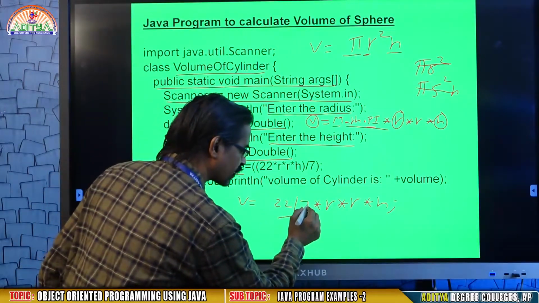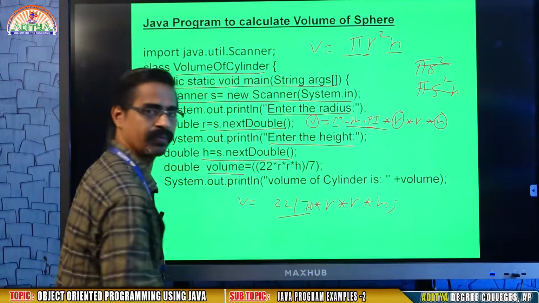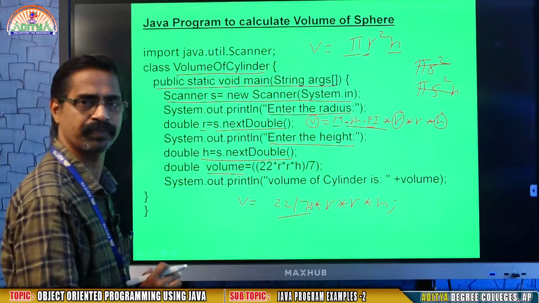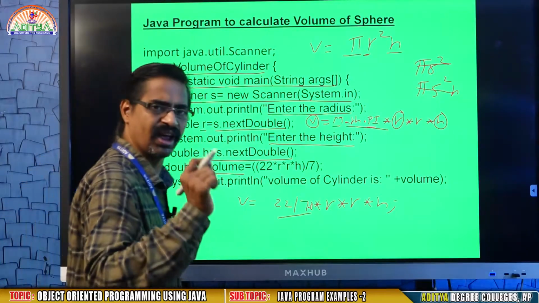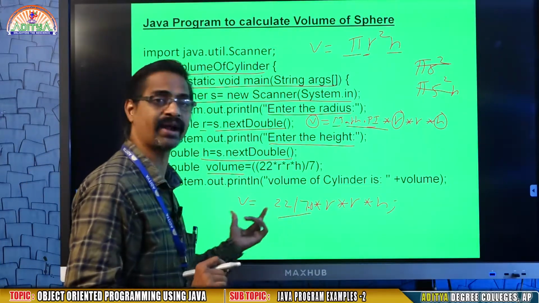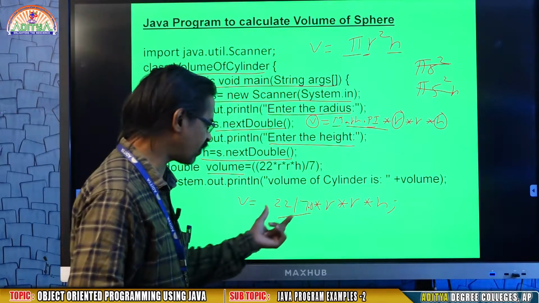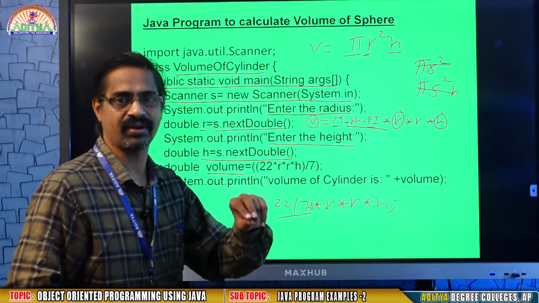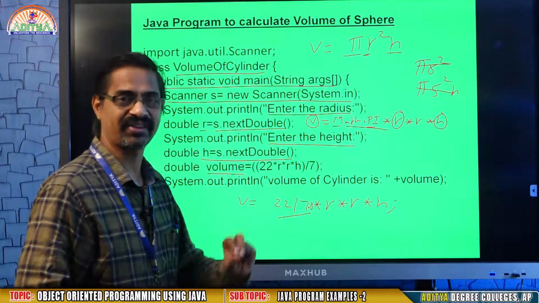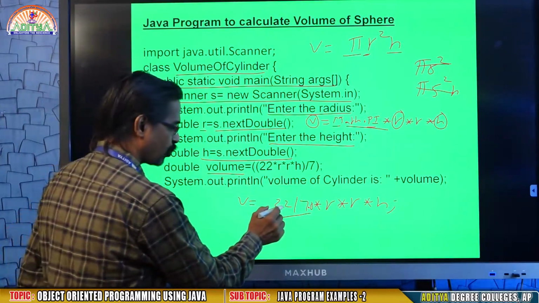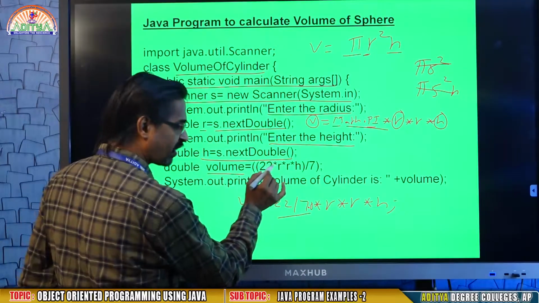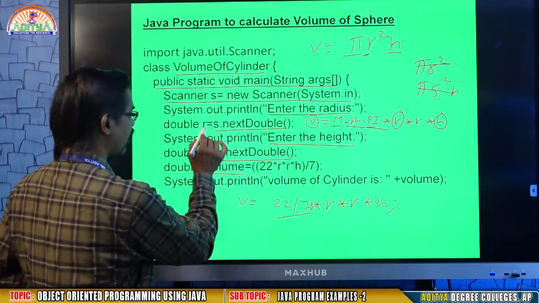Instead you may do one thing, you may write 7.0 or 22.0. That will be sufficient. It means a small .0, and when you add it you get the exact answer. In the previous one it gives an answer, but there is no accurate, exact answer. So either you may write 22 by 7.0, or 22 is integer, r is double, already r is double.